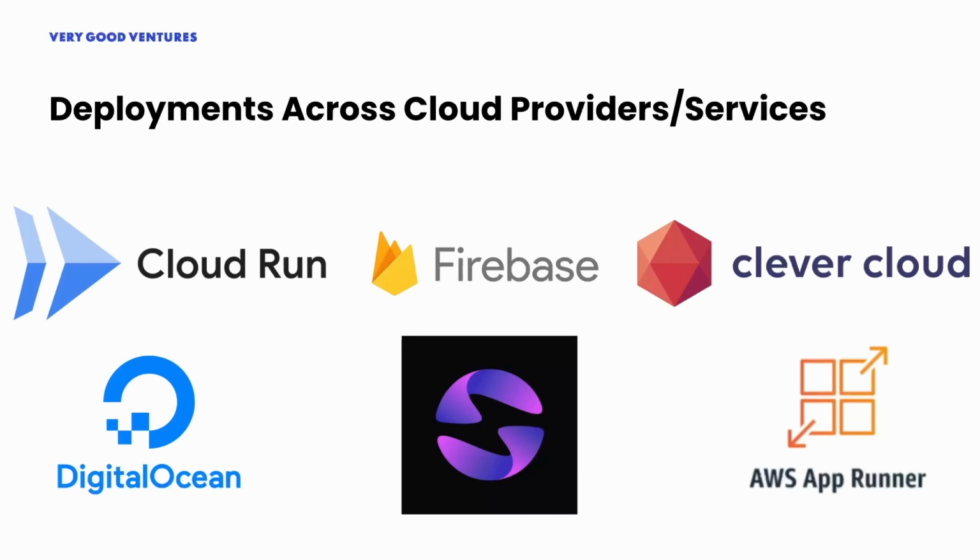One other area that we have seen grow especially over the last year has been the support for getting Dart Frog up and running on different cloud platforms and service providers. At Very Good Ventures, a lot of our clients rely on Google Cloud and Firebase, but we have also seen deployments on AWS via their App Runner service, DigitalOcean, and Clever Cloud. We also have been working with the folks at Globe to ensure that Dart Frog deployments work well in their service and that those deployments are super simple to get done so you can focus on writing features instead of maintaining